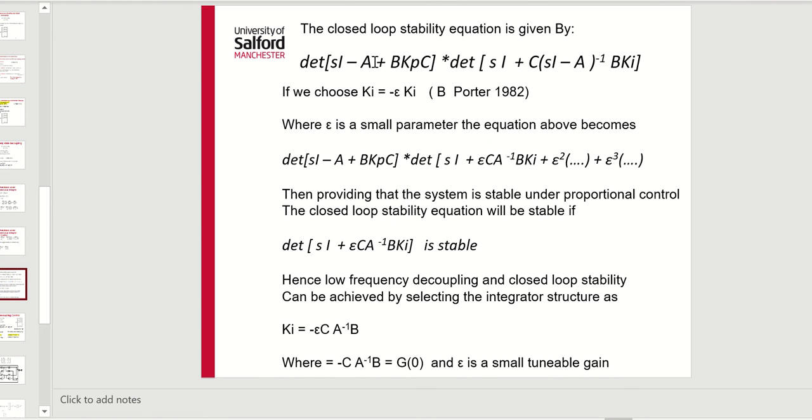So this part here now is stable, and we need to ensure now this part here is also stable to make sure the overall closed loop system is stable. This can be simplified down now if we choose a relatively small integral controller to the determinant of sI minus epsilon CA to the minus 1 BKi is stable. So we can see from this now that if we choose Ki equal to CA to the minus 1 B